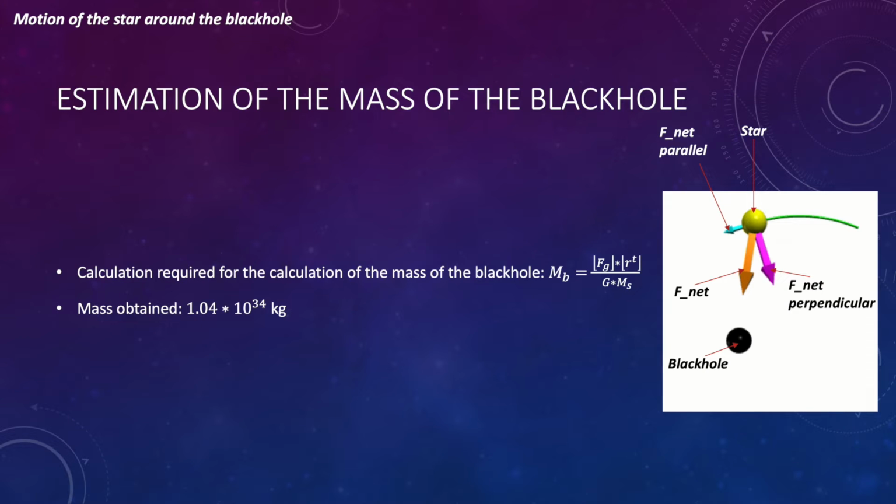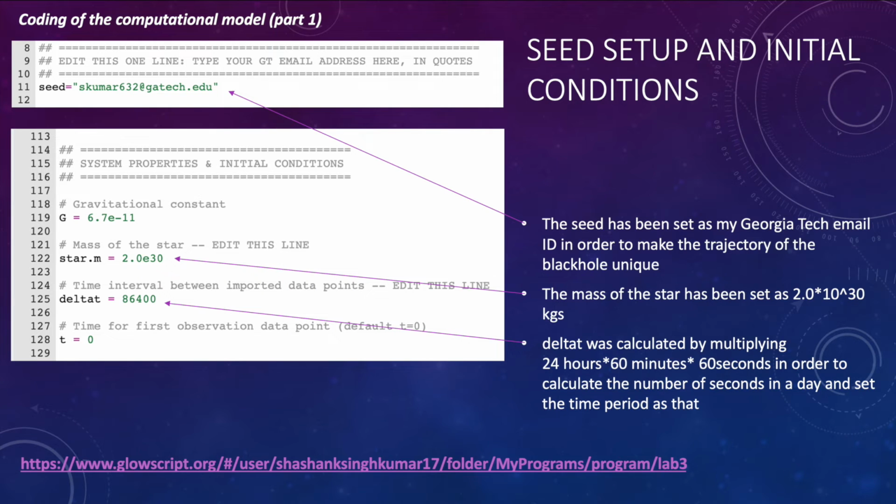Here is the calculation used in order to calculate the mass of the black hole. I have also provided a labeled diagram of the different aspects and parts of the motion used in GlowScript. Here is the coding for the computational model for part 1, the seed setup and initial conditions. The arrows point towards the lines which have been edited, and I have also provided a link to my GlowScript